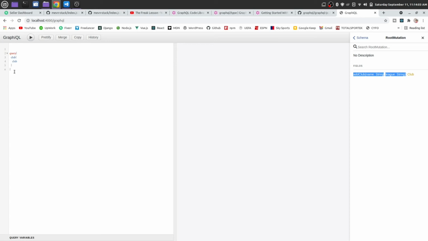Let me copy this and paste it. We can copy it and paste it here, but I'm going to go with scratch. Previously we have given query, but this time since we are working with mutation, we need to give mutation curly braces add club.